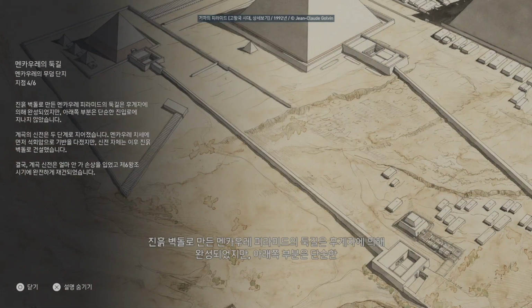Mencara's causeway was completed in mud brick by the king's successor, whereas the lower part was nothing more than a simple ramp. As for the Valley Temple, it was built in 2 phases. The foundations were first laid out in limestone during Mencara's reign, but the temple itself was completed in mud brick afterwards. As such, the Valley Temple was soon damaged and ended up being completely rebuilt during the 6th dynasty.